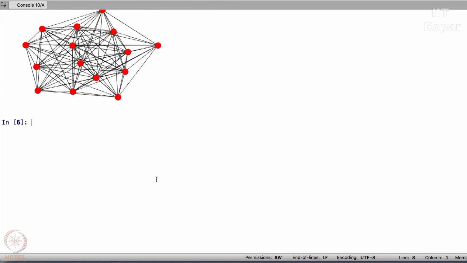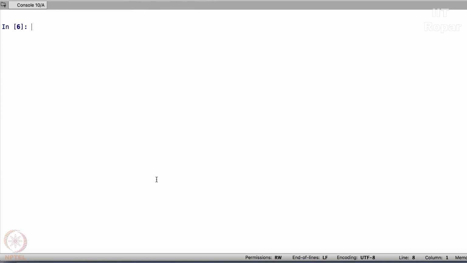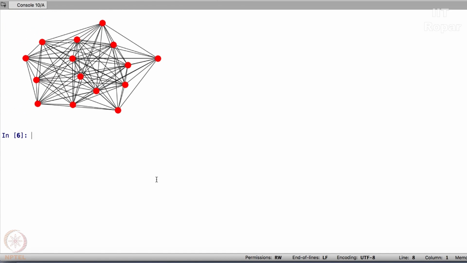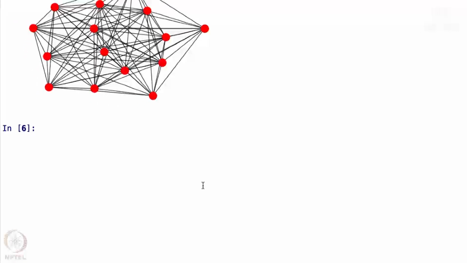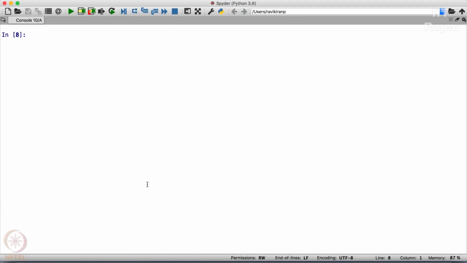Now let us move ahead and draw another graph. Okay, we can also verify one more thing here. Let me say nx.is_connected(GC), right? See, it says True. So we have verified what we had seen in the video. Now, let me go ahead and clear the screen. And now I'm going to create another graph.